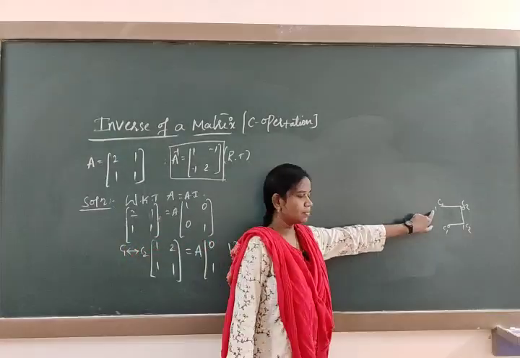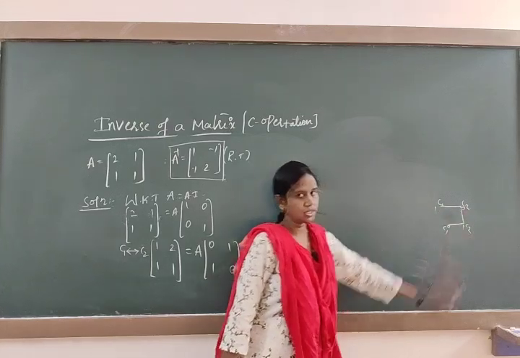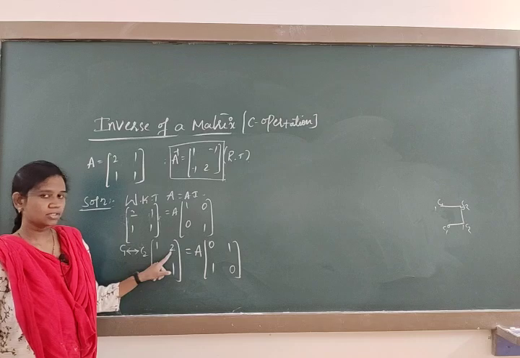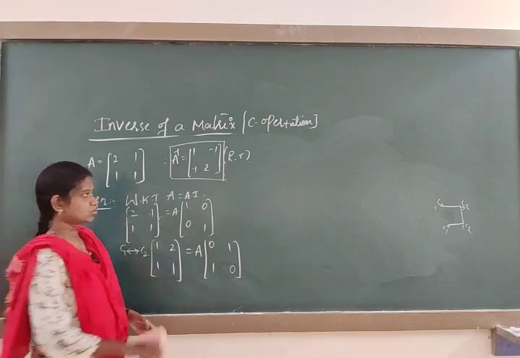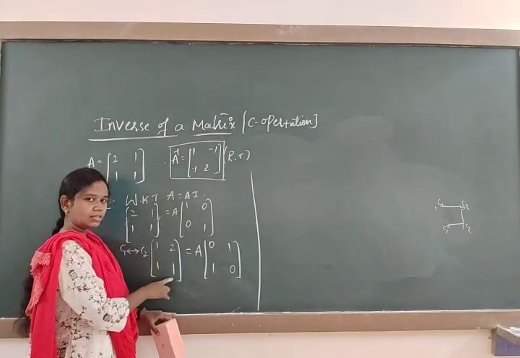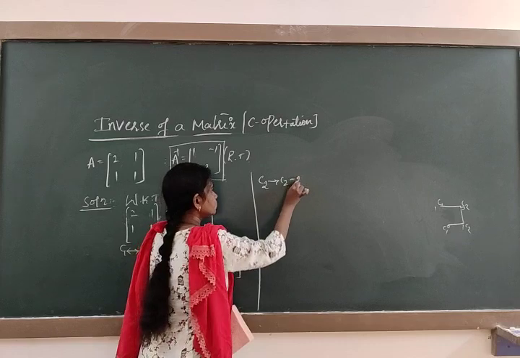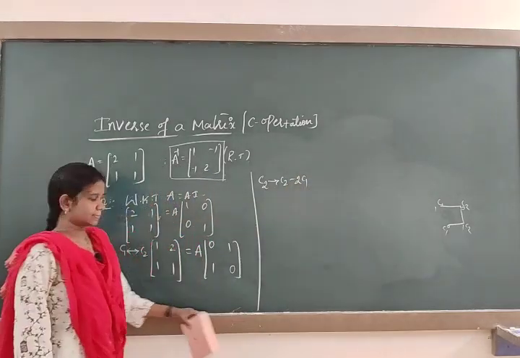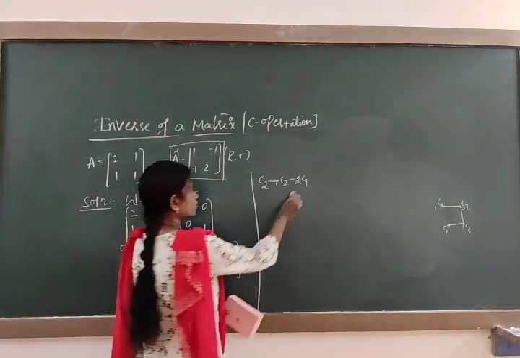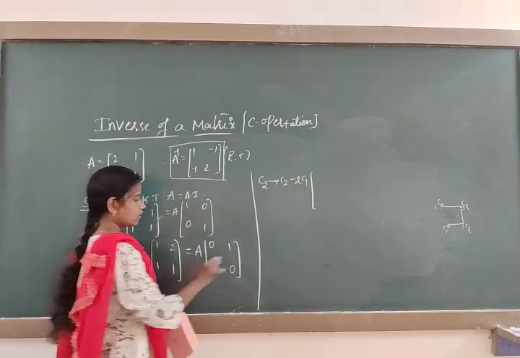Okay. So now move to this figure. The first portion should be 1, it's 1. Next we have to move to this, and it should be a 0, but for this portion we are having a 2. To make this one 0, subtract with minus 2. This 2 is present in which vertical line? C2. So C2 changes as C2 minus 2C1. We are not changing our C1, write as it is 1 1.